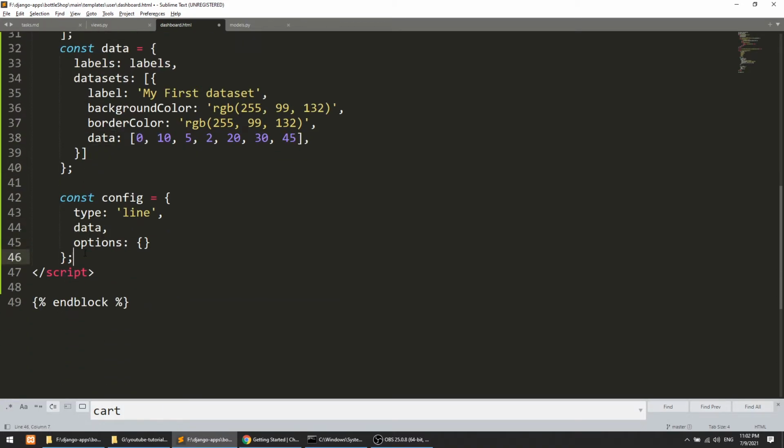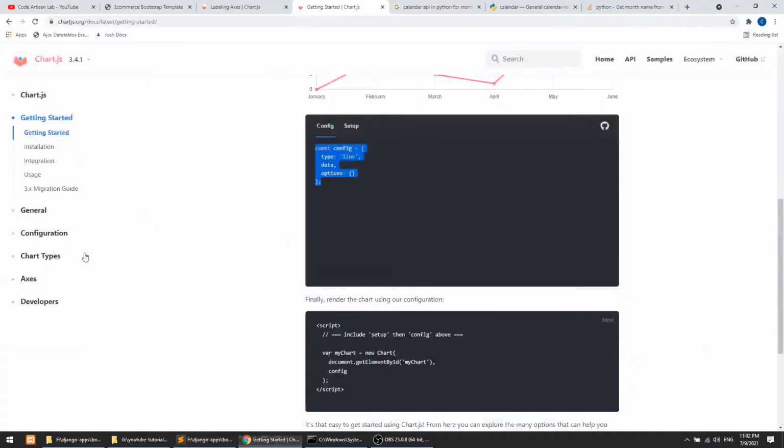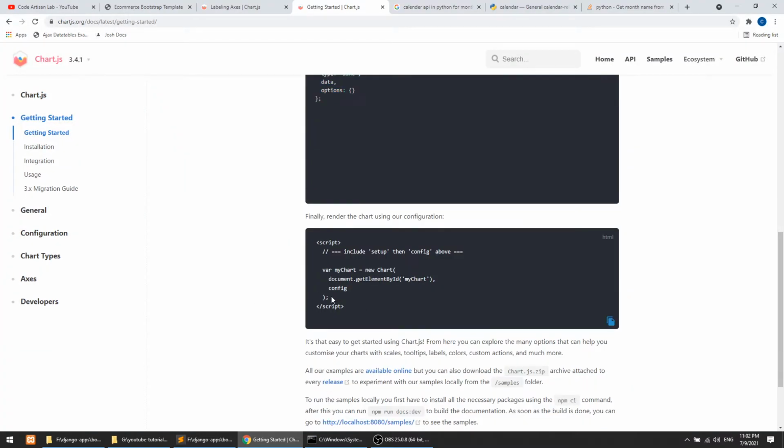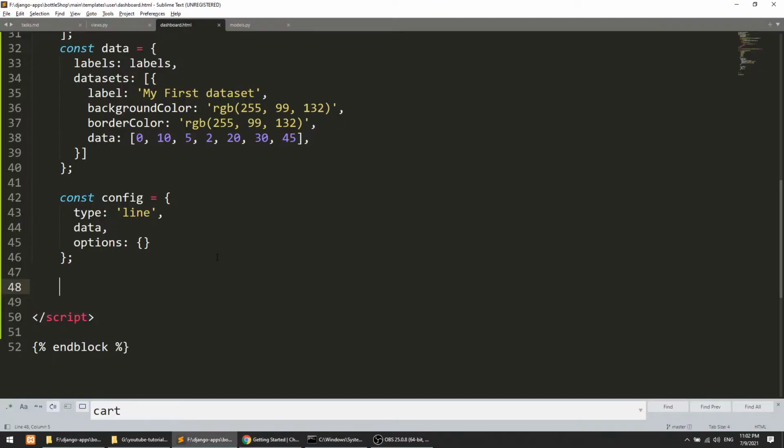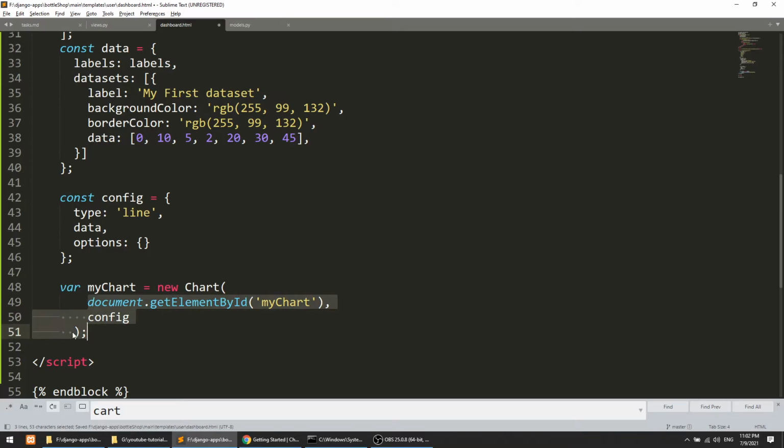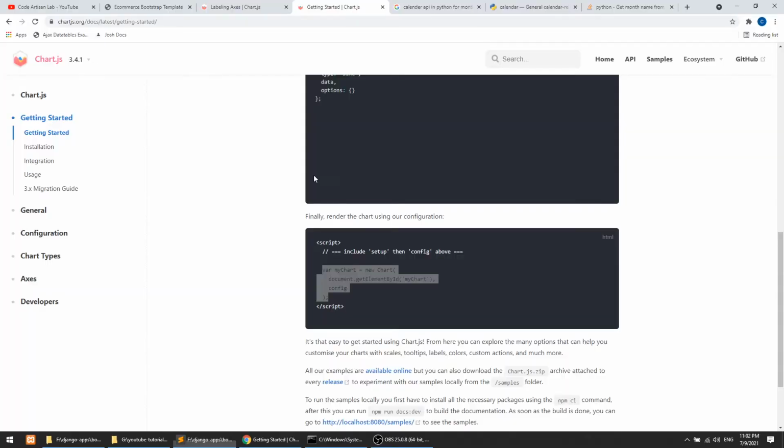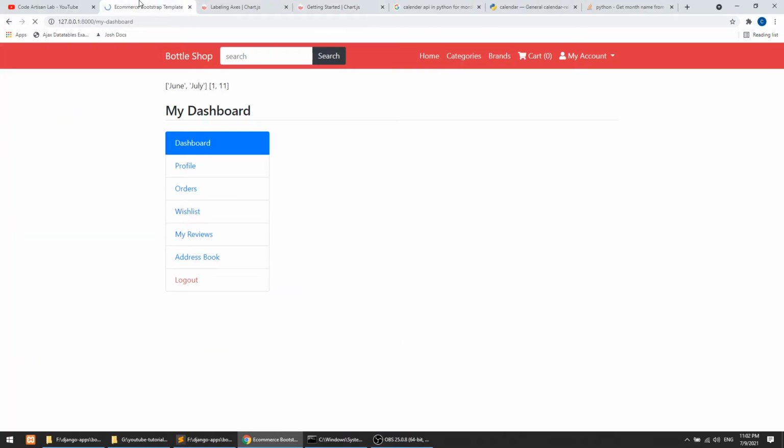Okay, and after that we need to call the chart.js library. So how we can call this, we can call this like this. Okay, so document.getElementById myChart, and we just simply pass the config. Okay, so now it will load the chart.js file.